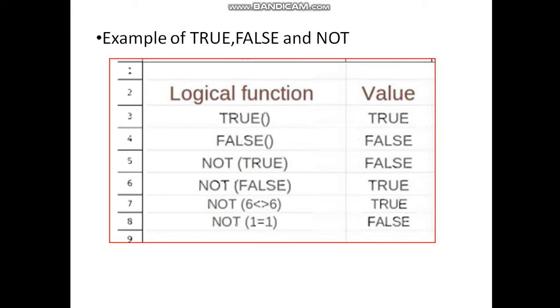Examples of TRUE, FALSE and NOT. Only TRUE, it will return true. FALSE, it will return false. NOT TRUE, it will return false. NOT FALSE, it will return true. NOT(6 different from 6), then it's true. NOT(1 equal to 1), then